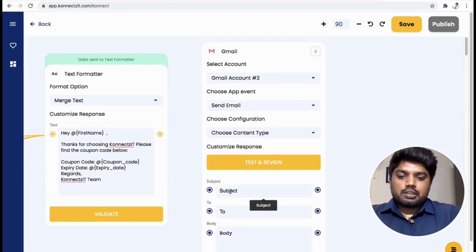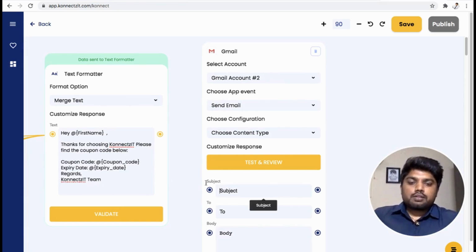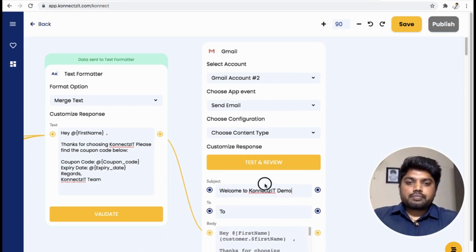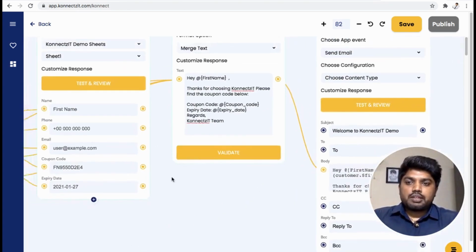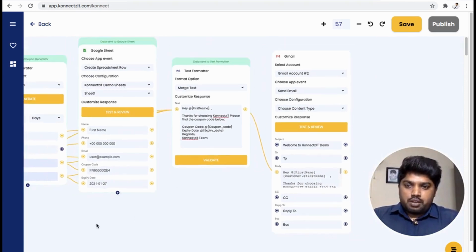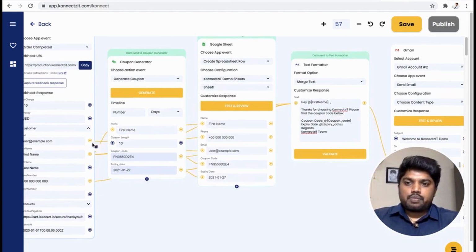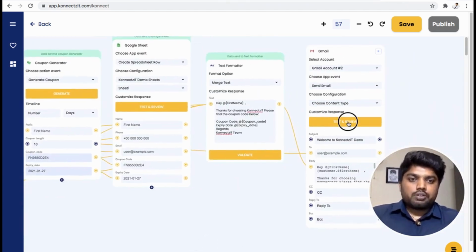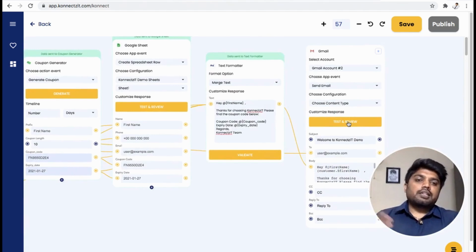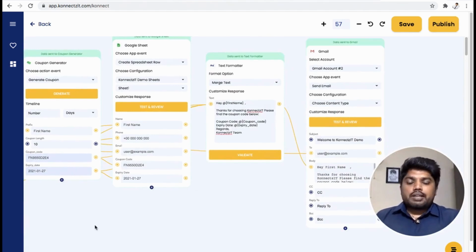I'll use the subject Welcome to Connexit Demo, the body content from my formatter, and the email ID which I'm getting from LeadCart. I'll click on test and review. This will send an email from Gmail. My connect is ready, guys.